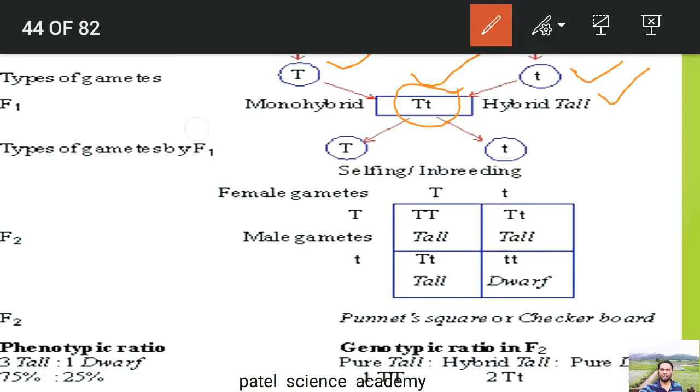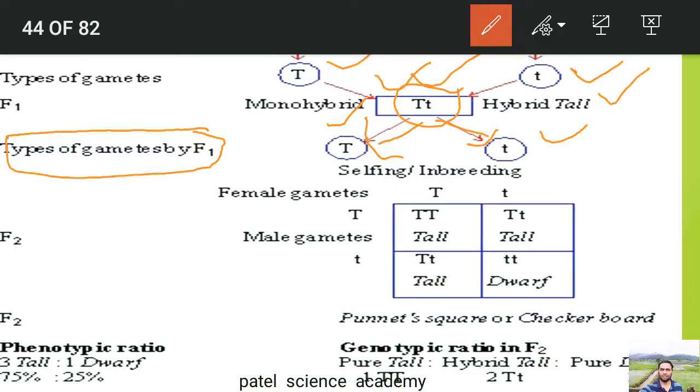And during the gamete formation, this capital T small t will form two gametes, as there are two alleles, one capital and another small. So during the gamete formation, they segregate or separate. Here you can see they have separated from each other. Capital T is here and small t is here. So this is that law